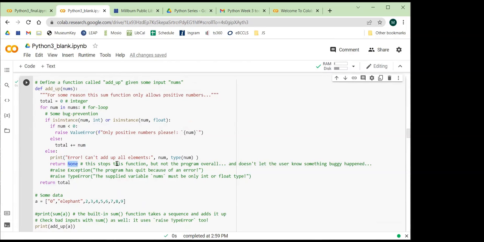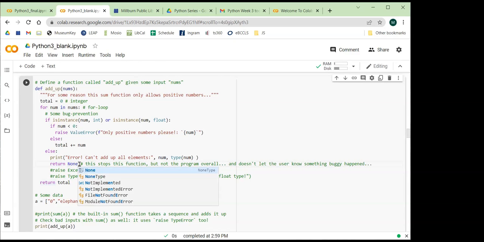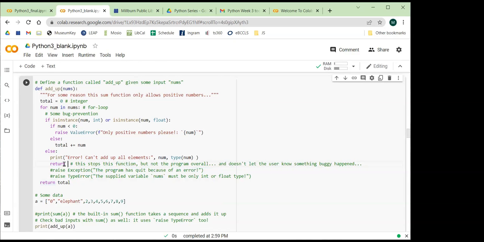The None type data is special and it basically has no value. It's just kind of a blank that we can send out. So I could say give back nothing. I could also just do this. I could just have this by itself with no data to give back. That's actually the exact same as doing this. So at this line, I'm just saying cut the function now and go back to the code I was at